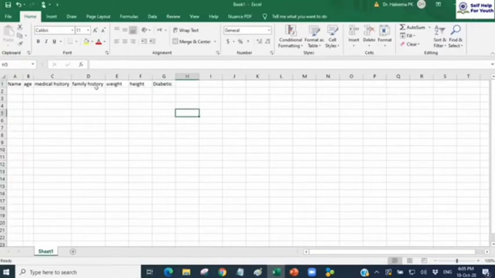So I have a data set like this, which has some columns, and each column we call either attributes or variables.